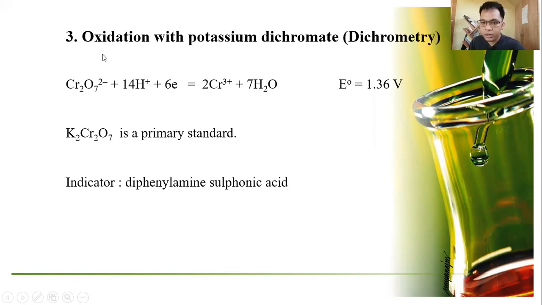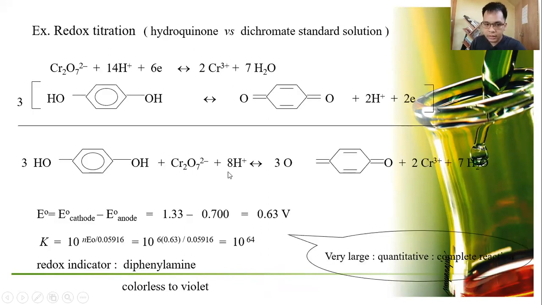And then third is oxidation with potassium dichromate or dichrometry. Ayan, these are the reactions or balance oxidation pa natin. So potassium dichromate is a primary standard. An indicator na ginamit is diphenylamine sulfonic acid. So these are the kuha natin for the redox titration. Dichromate standard solution. So very large complete reaction occurs sa nangyari between our hydroquinone for the analysis of hydroquinone and your titrant dichromate